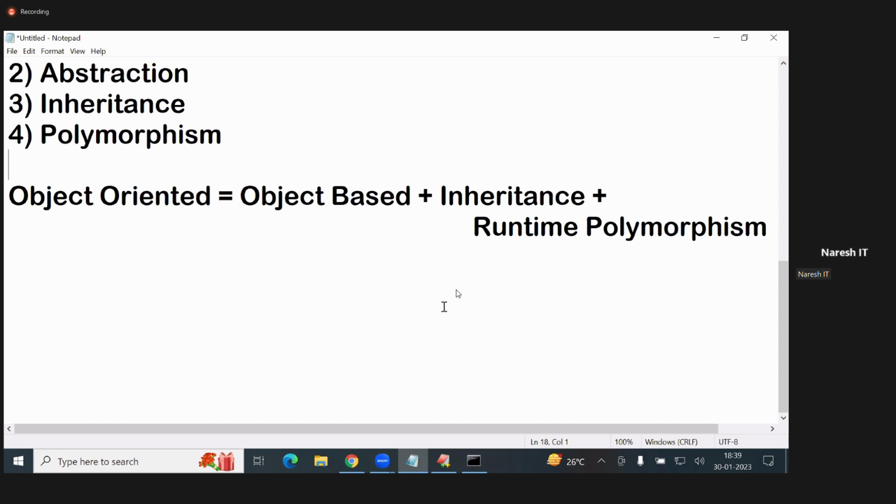Object-oriented equals object-based plus inheritance plus runtime polymorphism. So including inheritance and runtime polymorphism, it is called oriented. Excluding inheritance and runtime polymorphism, it is called based. Some languages I'll give. Object-oriented languages: